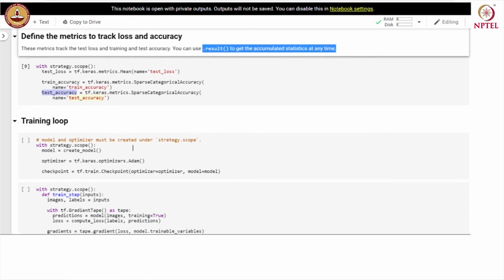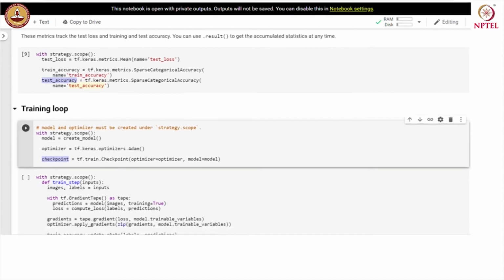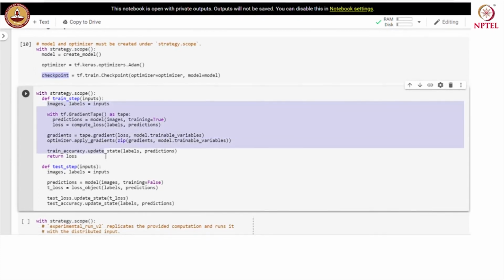Let us define the training loop. So, we define the model and optimizer under strategy.scope. So, we create the model through create_model function. We define the optimizer and the checkpoint object. And under the strategy scope, we define a training step.